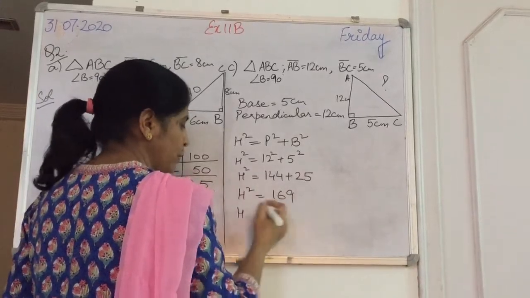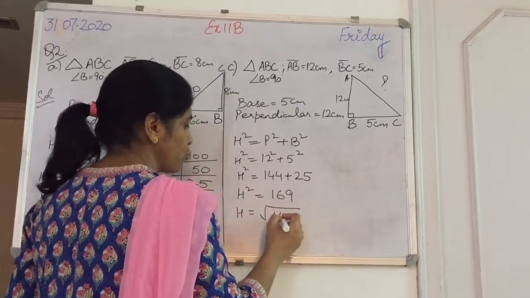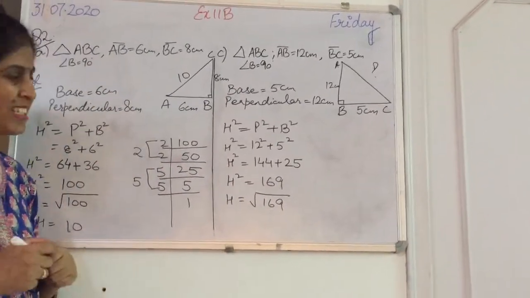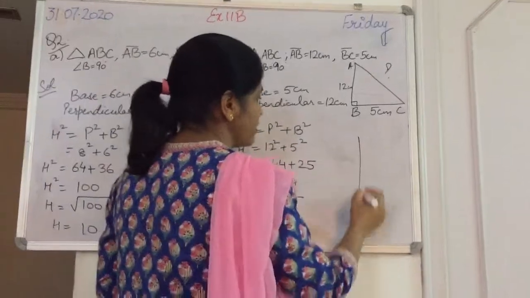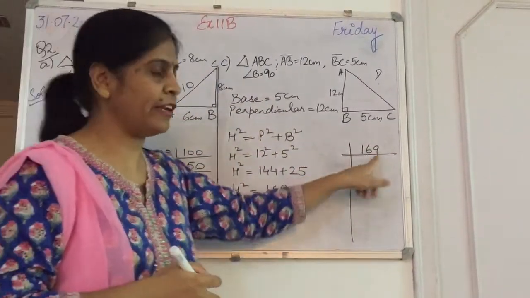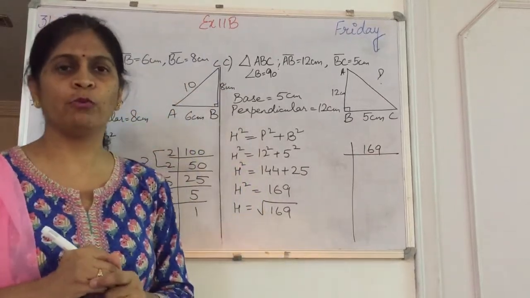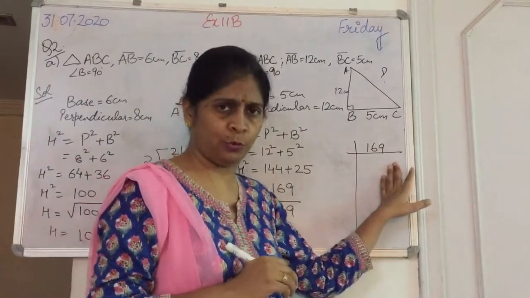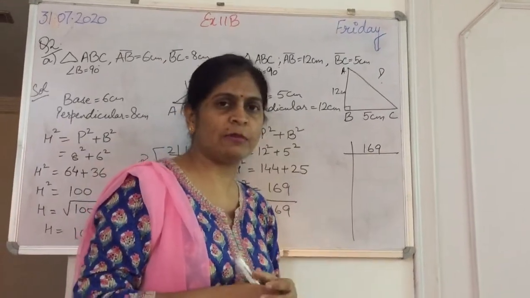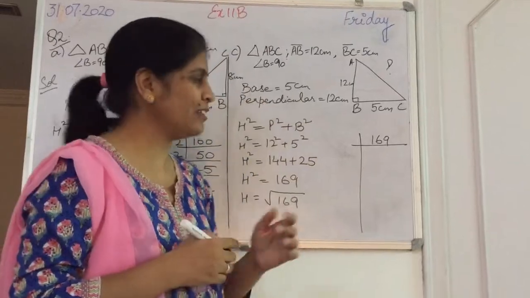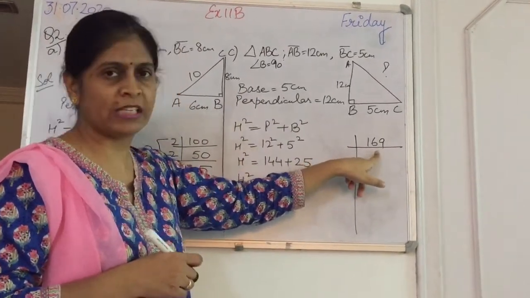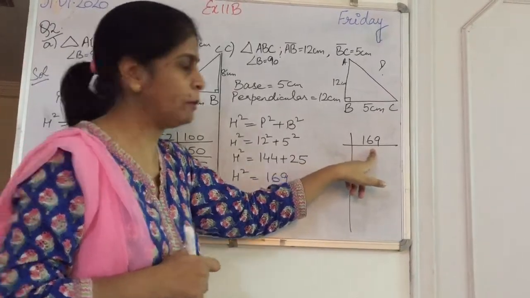Again, this power will be going that side and it will convert into square root. This is the sign of square root. Now 169. Again, we have to do the prime factorization and check. Now, last digit is 9. So if you remember the divisibility rule of 2, it is not divisible by 2. Now we go for next prime number 3. Let's check whether it is divisible by 3 or not. In 3 divisibility we have to add all the digits. So 9 and 1 become 10. 10 plus 6 is 16. So it is not divisible by 3.